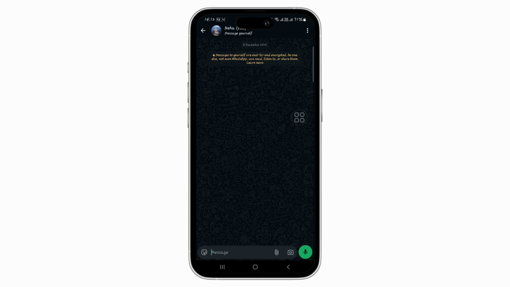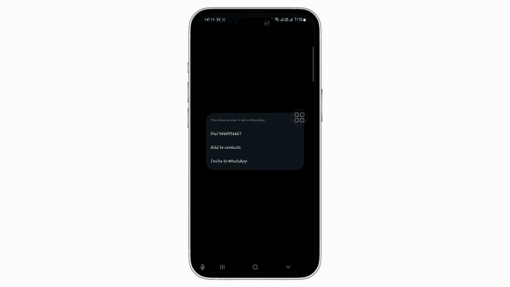In this personal chat, go ahead and type in the phone number of the person that you want to message without saving it. After that, tap on the send arrow. Now, the number you just sent will appear as a clickable link in the chat. Tap on this number, and here you'll get three different options of dial, add to contacts, and invite to WhatsApp